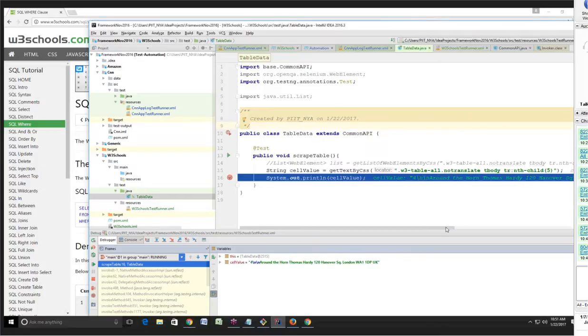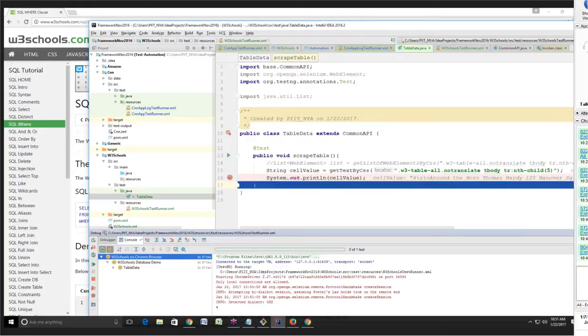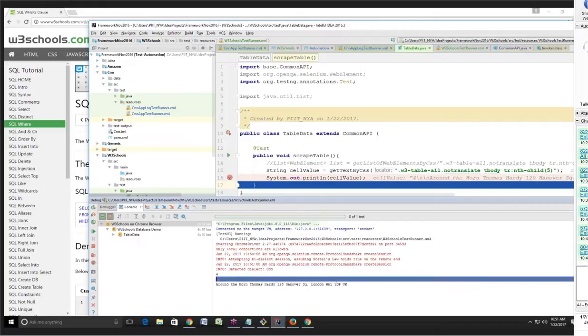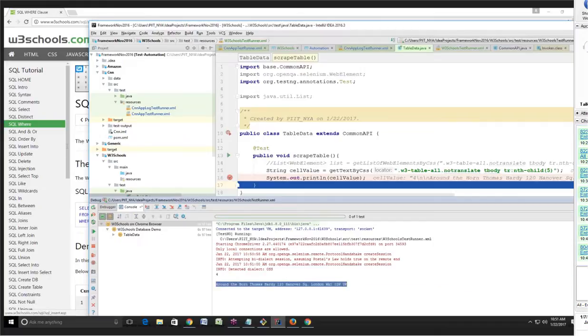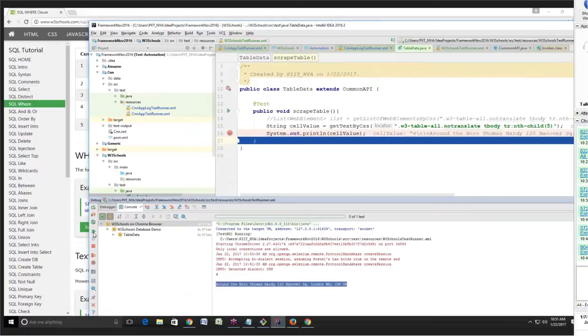Around the Horn, Thomas Hardy, 120 Hanover Square, London, WA1 1DP, UK. It's read, enter text. Right? This is the fifth row. Customer ID, customer name Around the Horn, contact name Thomas Hardy, address 120 Hanover Square, city London, postal code, country UK. So we see that we're able to read